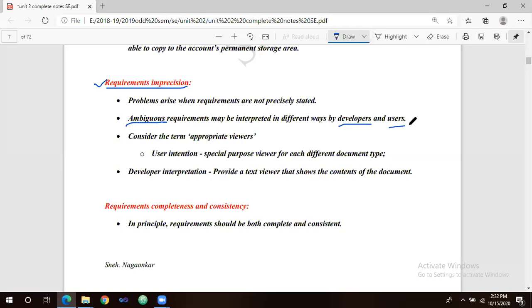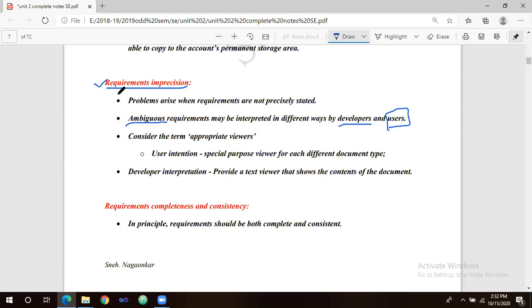Who are users here? The one who is going to use that software, the end user. If the requirements are not stated clearly, developers may fail to develop the correct software and the users may also get the wrong software. So requirement imprecision is nothing but providing the correct priority to the requirements.